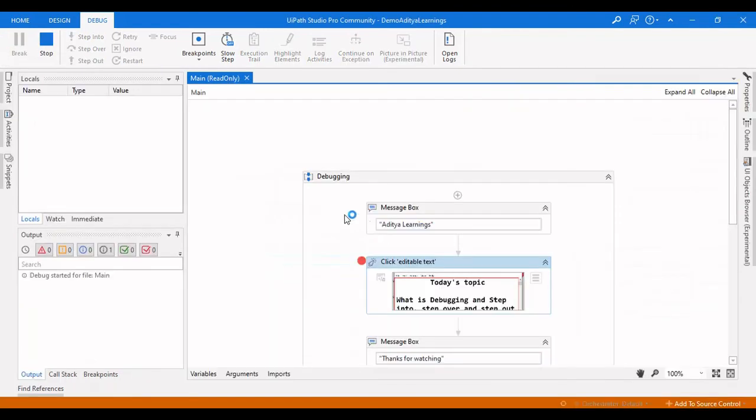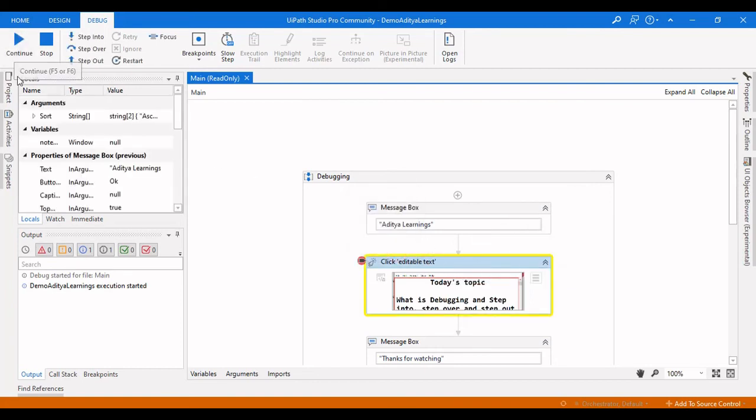So if I click on debug now, first it will show me the breakpoint, and then the process will pause for the human to click on continue here, because we told the process to break the execution there and stop until it is continued. So here if you click on continue, then the process will continue again from here.